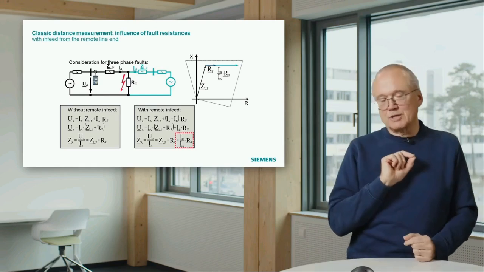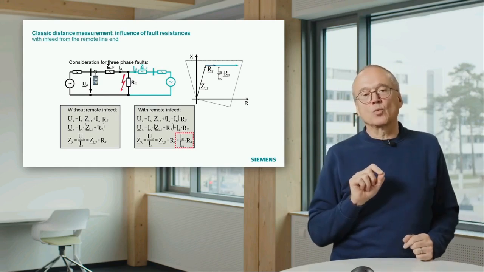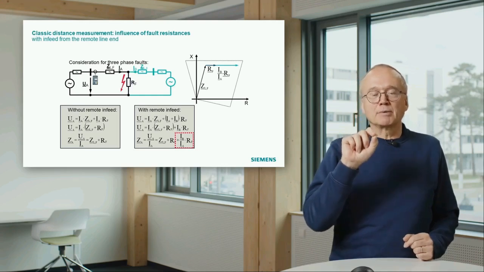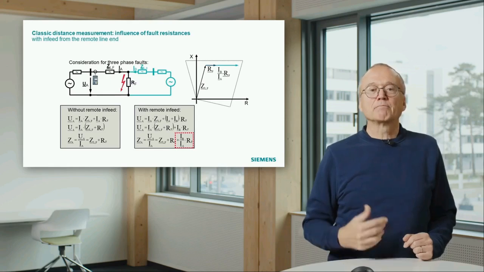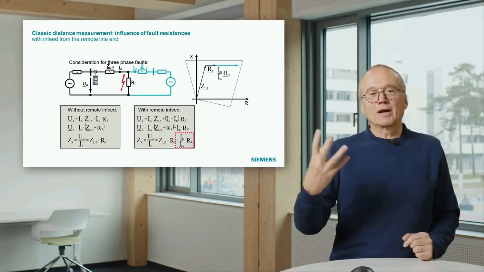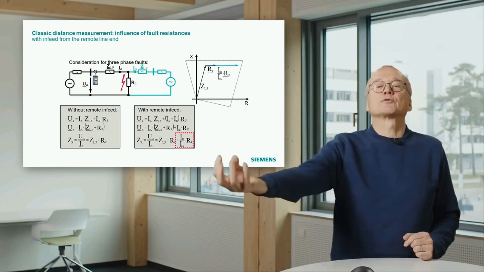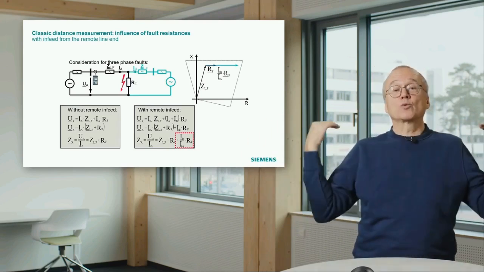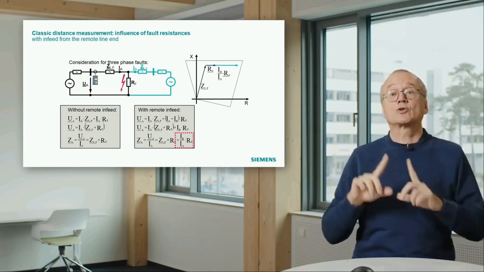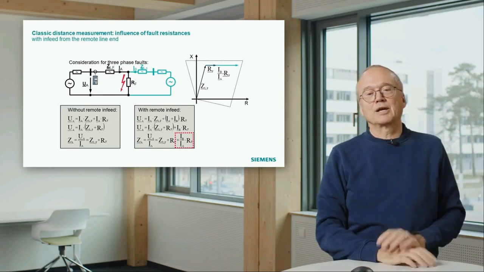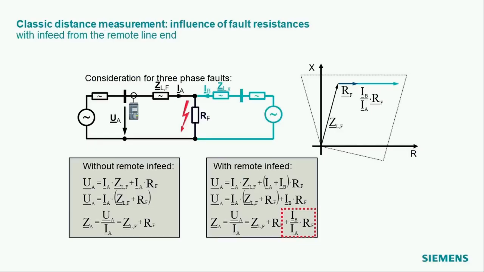And what you can also see from this simple calculation here is what is the worst case. The worst case is if this ratio IB over IA becomes pretty high. And that is a situation where the majority of the short circuit current comes from the other side. That means if our left protection relay has a weak infeed behind it and you have a strong infeed on the other side, then this ratio becomes pretty high, and then you may move out of the characteristic.